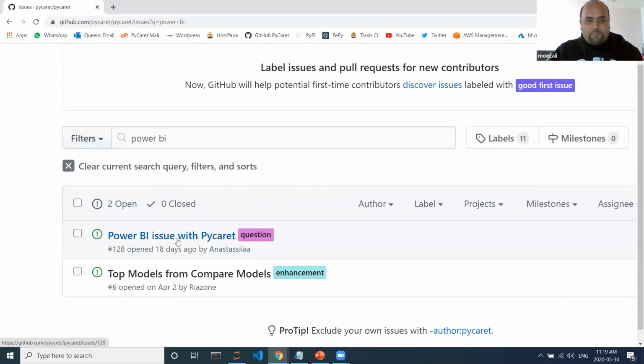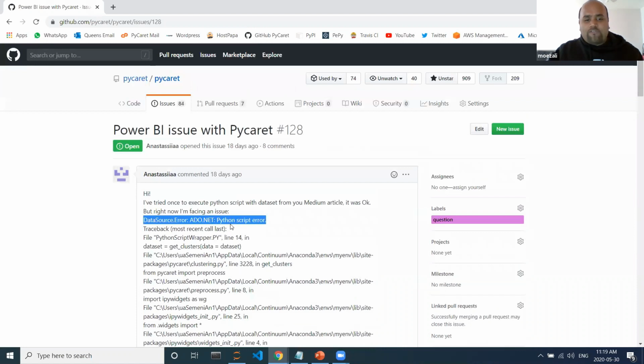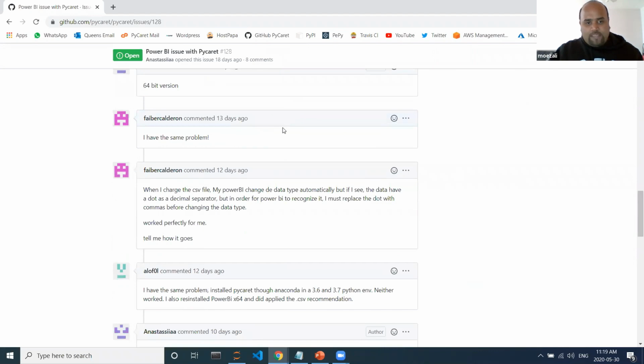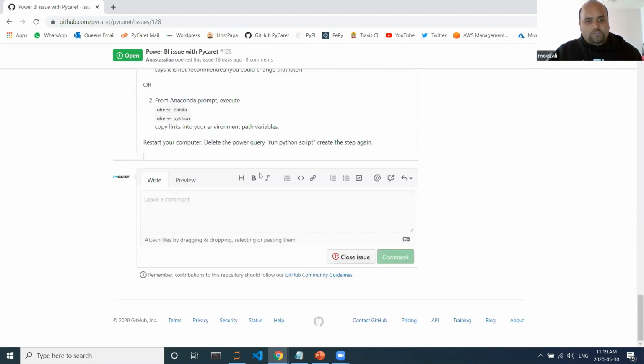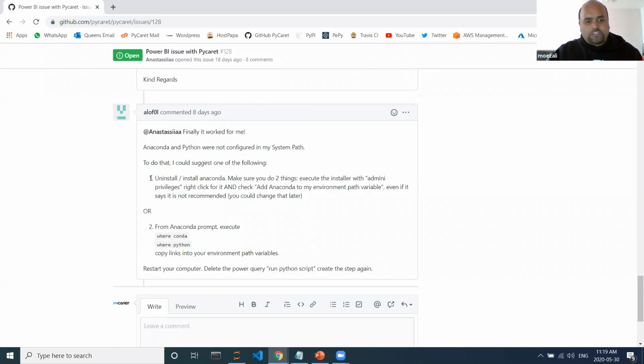and you would see this Power BI issue with PyCaret. And most likely in Power BI, you would have this error, ado.net. The traceback of Power Query is not so strong, so it's unlikely that you'll be able to understand this message. But every error I have seen would start in a similar way. Now, this is an issue many people faced, and somebody has also solved this issue. If you go to the last message of this thread, you would see somebody has basically proposed a two-step solution to